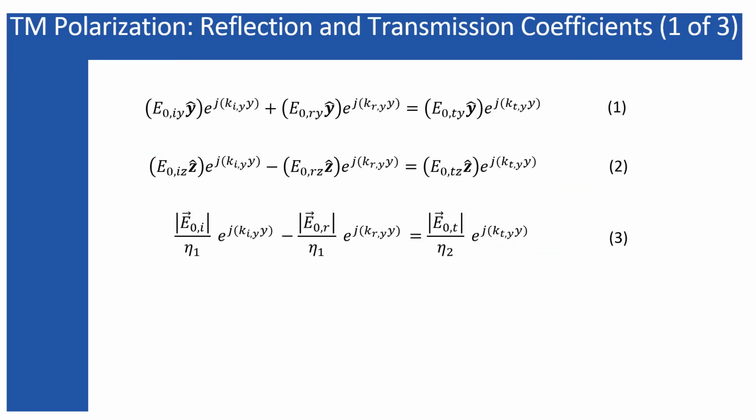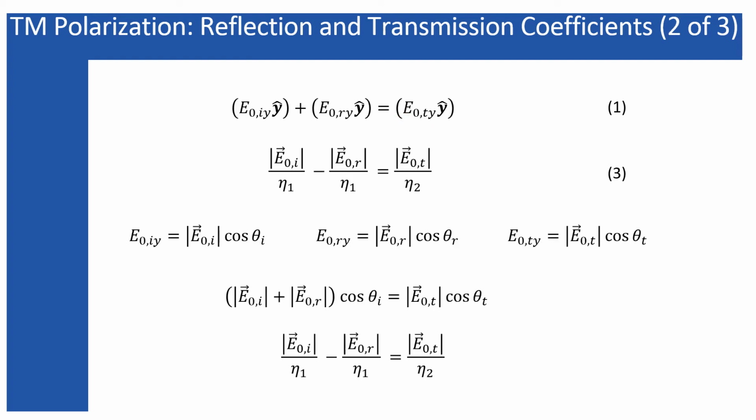Now let's talk about the reflection and transmission coefficient. So initially I have obtained these three equations, and I told you only equation 1 and equation 3 will be applicable because equation 2 is directed along the z direction, and the z direction is perpendicular to the interface. So we need to consider the y component and the x component because these two components are tangential to the interface. As we know from our previous analysis, the y components of the incident wave vector, the reflected wave vector and the transmitted wave vector are equal.